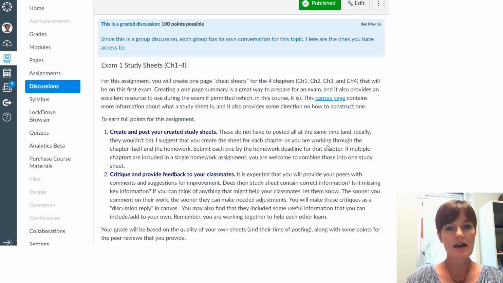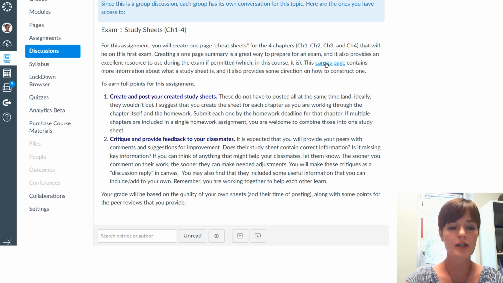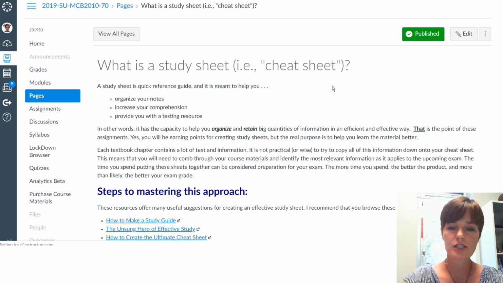These are assignments that have very firm deadlines. So make sure that you do get this completed by the deadline. You will not receive any points whatsoever for something that's submitted beyond the deadline. Okay, so there is another page here, if we just click,